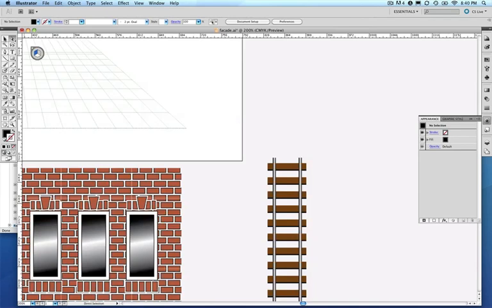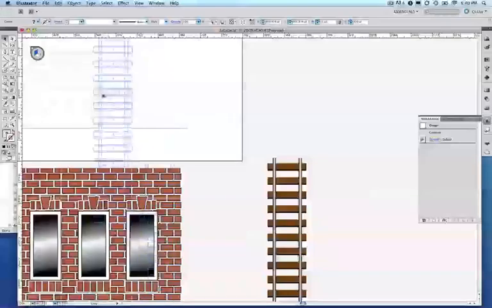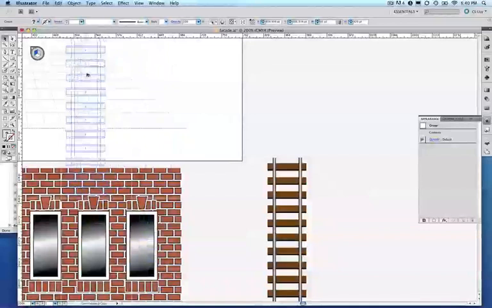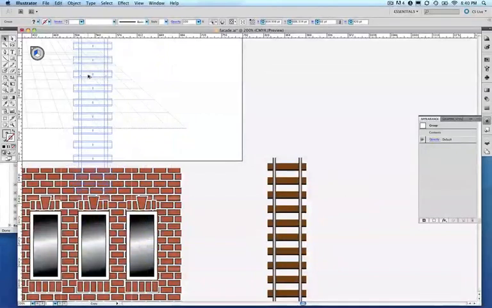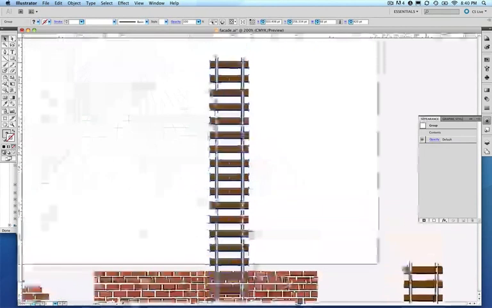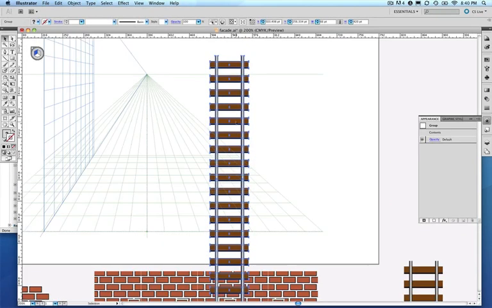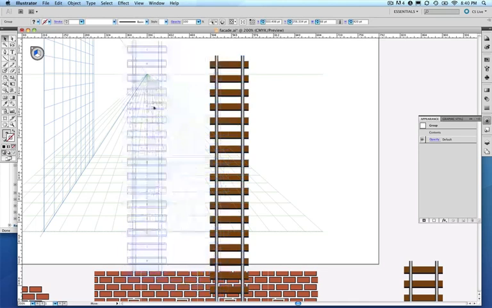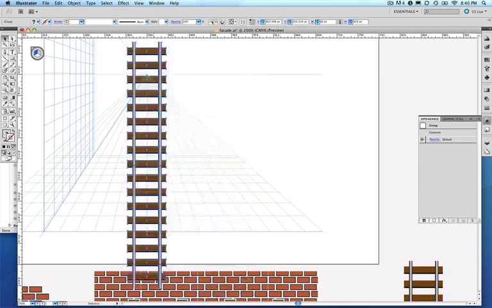So I'm going to take this object or group of objects and just drag it up, and I'll make a copy of it again. And again, I recommend this if you're working with the perspective tool, make a copy with the shapes you're dealing with. I think, at least for me, it's easier to experiment knowing that I've got the original sitting around somewhere. I'm going to just line this up